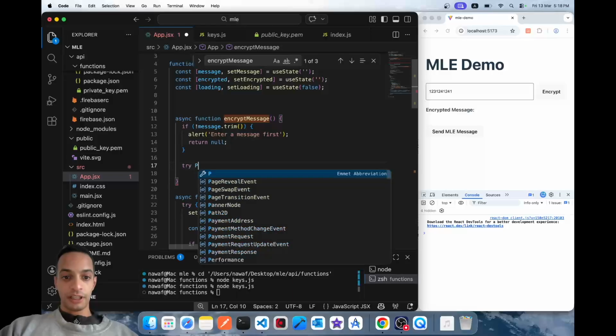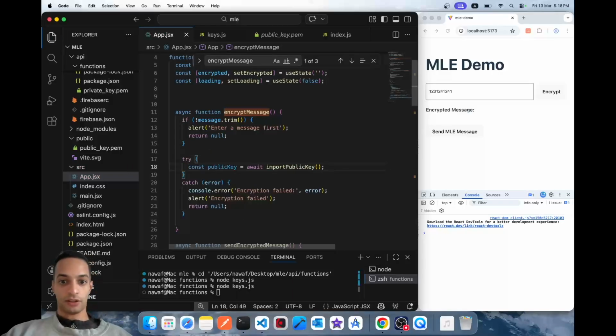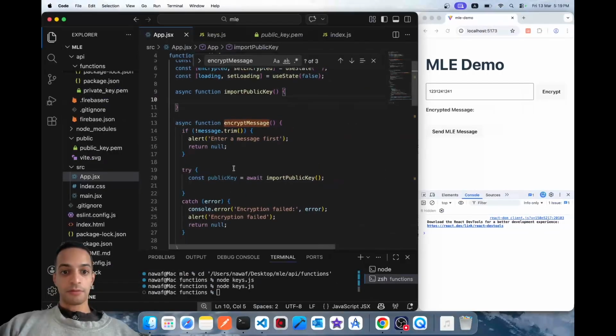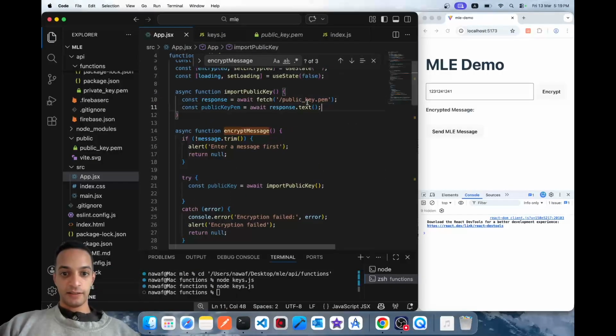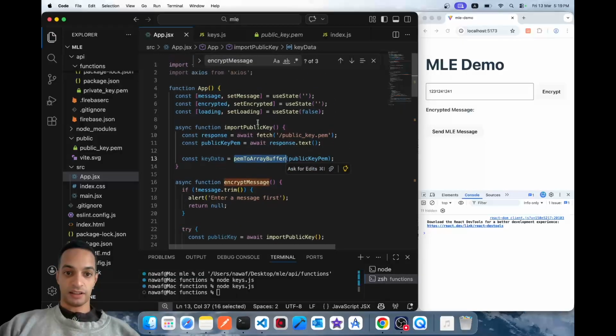Here's what you're gonna do in encrypt message. First thing, you're gonna import the public key, and that's gonna be its own method that you need to build. You're just gonna read it from the directory you placed it in, and then convert it to a string like this. Then you need to convert that string to an array buffer, and this is another method that we're gonna